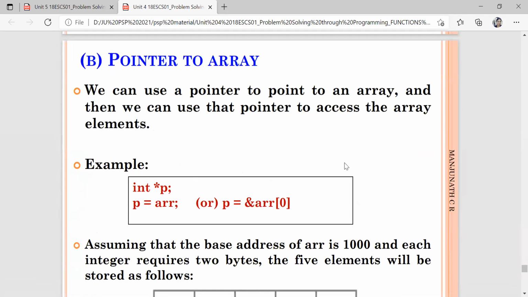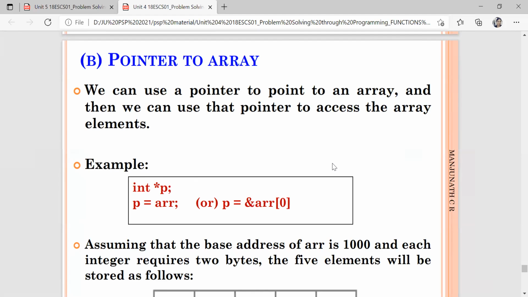Our next way of using a pointer is pointer to array. Pointer to array means we can use a pointer to point to an array, and then we can use that pointer to access the array elements. We know an array is a collection of the same type of data elements, a row of elements of fixed length.